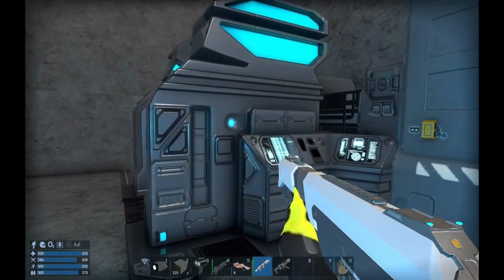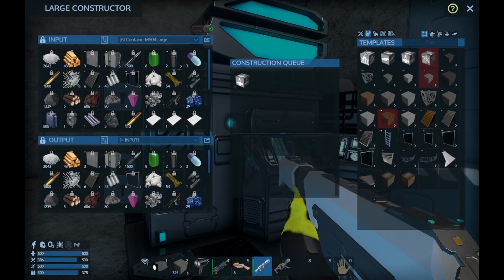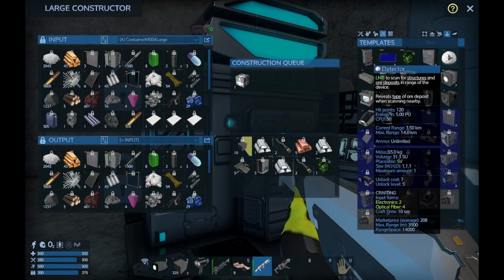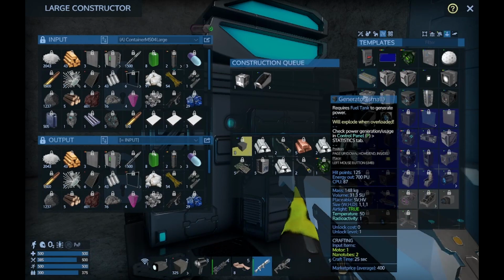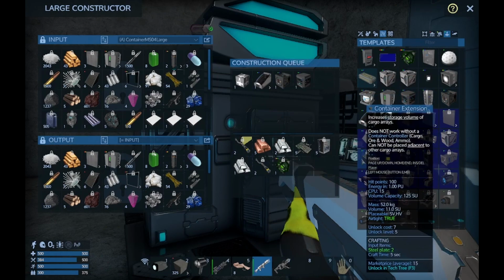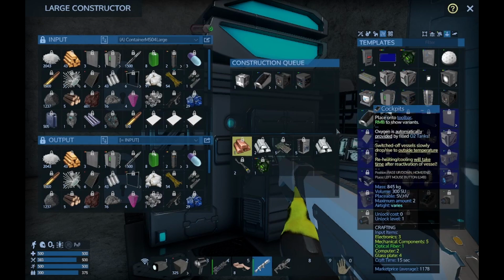Okay, so let's get these things started. Small vessel. It's filtered by a small vessel only so I don't accidentally click something that I shouldn't. Okay. So we're going to need a cockpit. We need a fuel tank, we need a generator. Well, technically I would need an O2 tank, but I also need a...